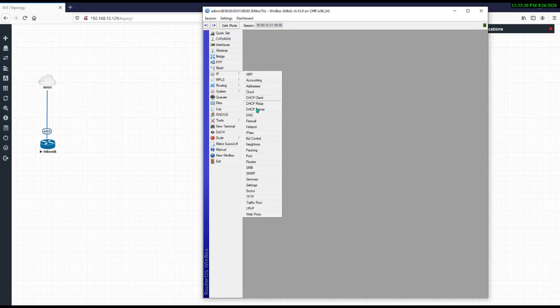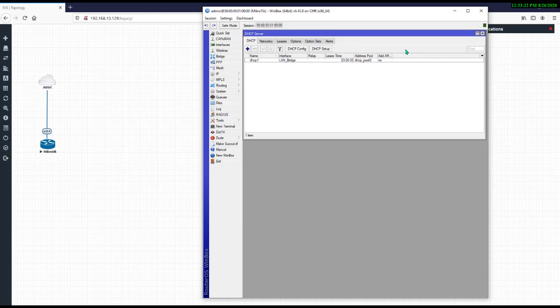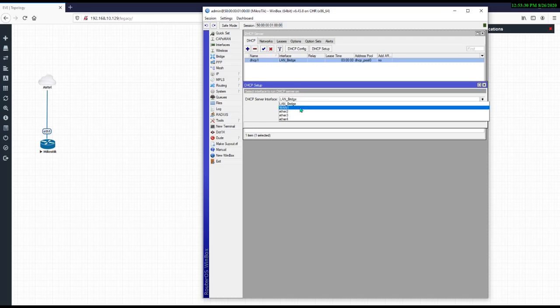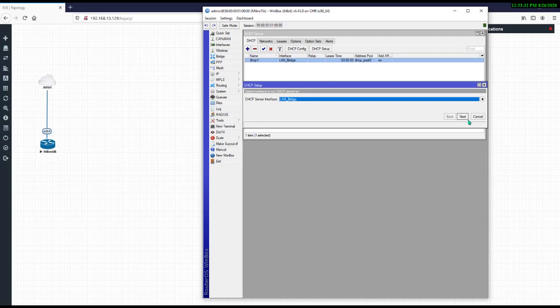Close it and go to DHCP Server. Click DHCP Setup, select the interface, and click next. Give your network, then the gateway, DNS, and lease time, whatever it is asking.